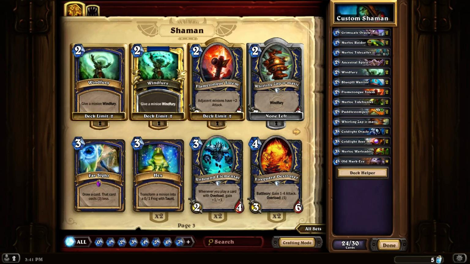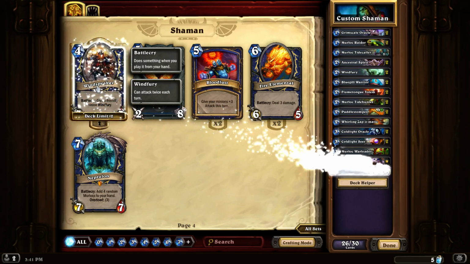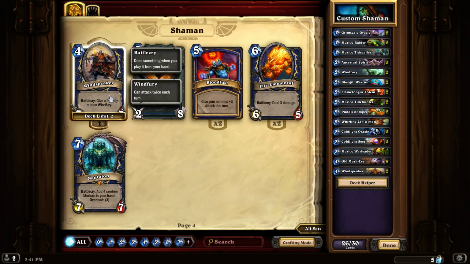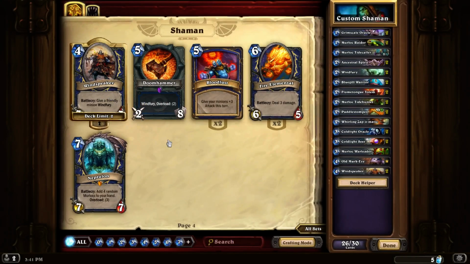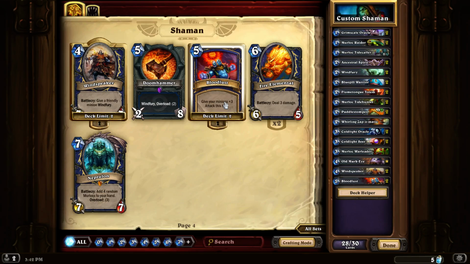Let's see. I took this one, the Wind Speaker that gives a friendly minion Wind Fury. Trying to double up and give Wind Fury to as many of the Murlocs as possible, just to increase their attack even more. I took 2 Bloodlust, give your minions plus 3 attack this turn, which is weird because it's